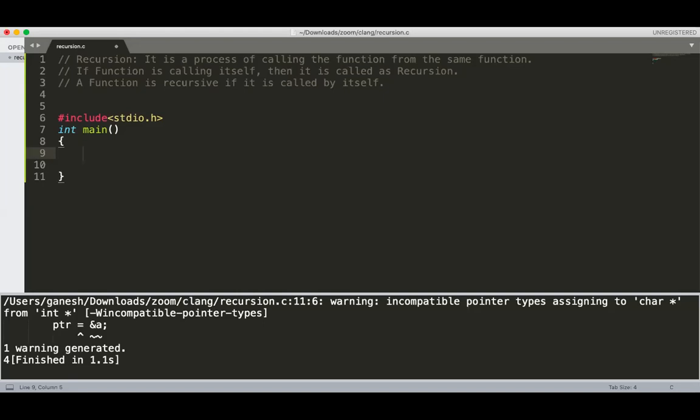Generally, whatever functions we have written earlier are all non-recursive functions. Just take the example of a display function. We can call the display function in the main function, but display is not calling itself again. That's why it's called a non-recursive function. And if in the function it calls that same function, then that function is called a recursive function.